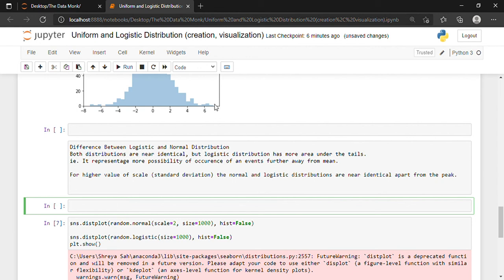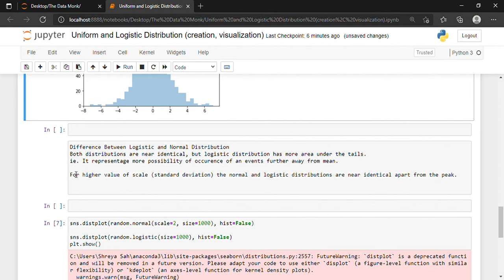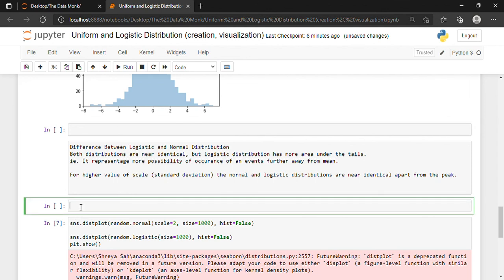Either I can go here from code and click on markdown, since markdown cells are basically used for typing paragraphs, or I can click on this cell and press Escape and M. Then I can write: visualization of normal and logistic distribution together. Shift and enter.